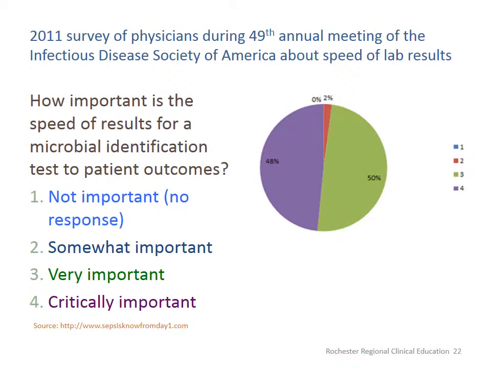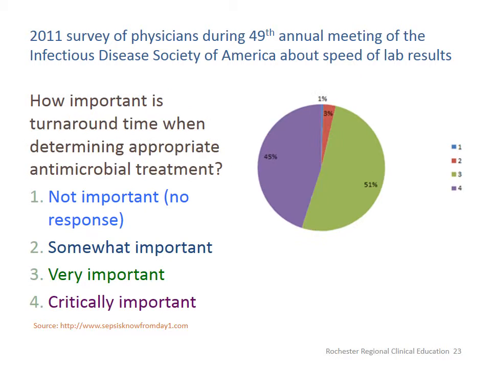A survey of physicians at the Infectious Disease Society of America meeting asked how important the speed of lab results for microbial identification tests is to patient outcomes. 98% of physicians found it very or critically important. When asked how important the speed of lab turnaround time is to determining antibiotic treatments, 96% felt it is very